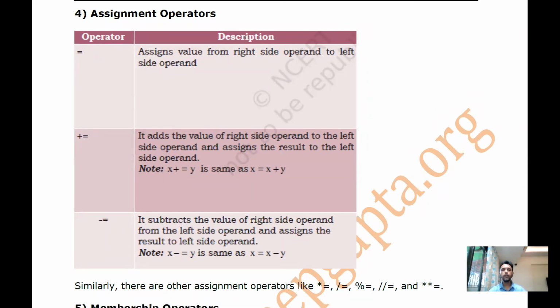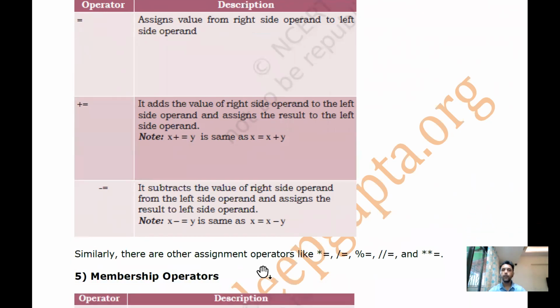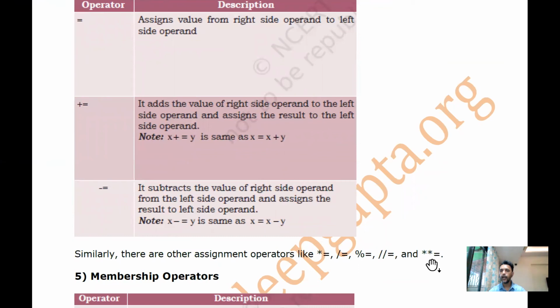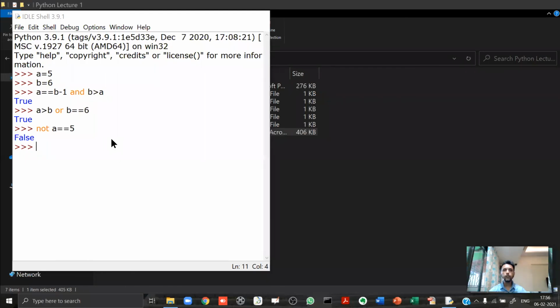And then you have seven shorthand assignment operators: plus equal to, minus equal to, multiply equal to, divide equal to, modulus equal to, floor division equal to, and exponent equal to. Now you also know what these shorthand assignment operators will do, but just in case you have forgotten,